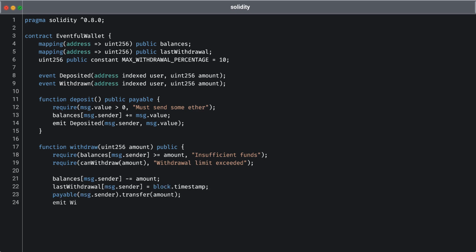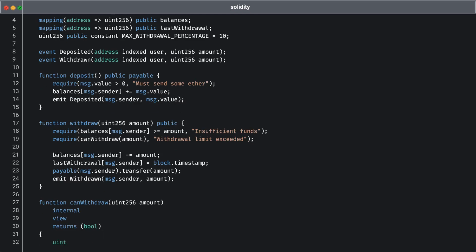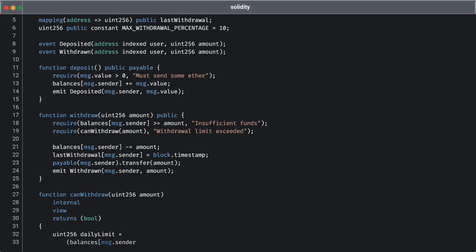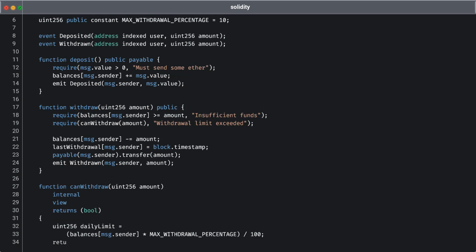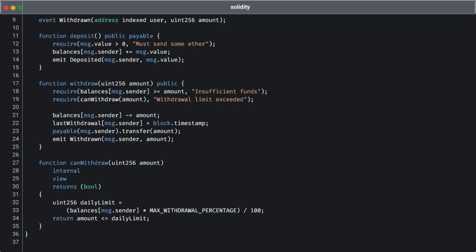track user interactions. Similarly, the withdraw function allows users to withdraw Ether from their balance, adhering to the withdrawal restrictions imposed by the canWithdraw internal function. When a withdrawal occurs, the withdrawn event is emitted, capturing the details of the transaction. This incorporation of events provides an essential monitoring mechanism, improving user engagement and delivering a seamless experience while interacting with